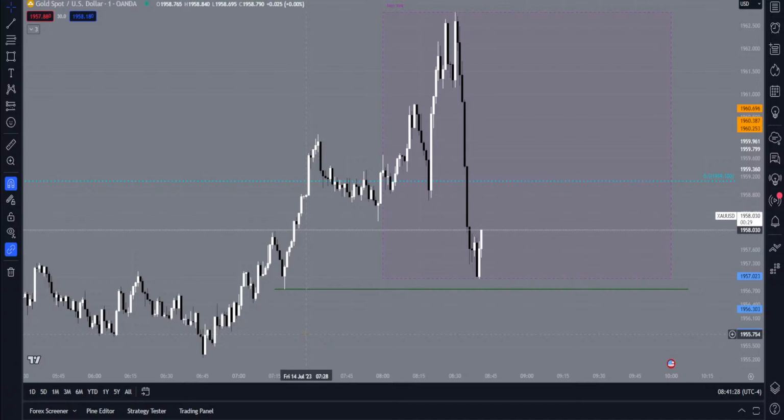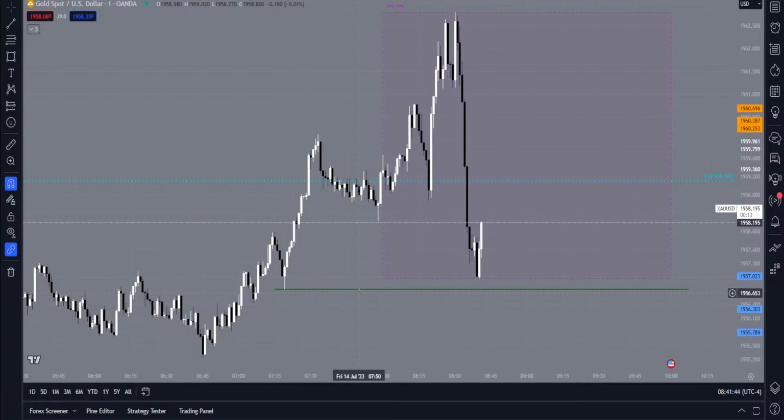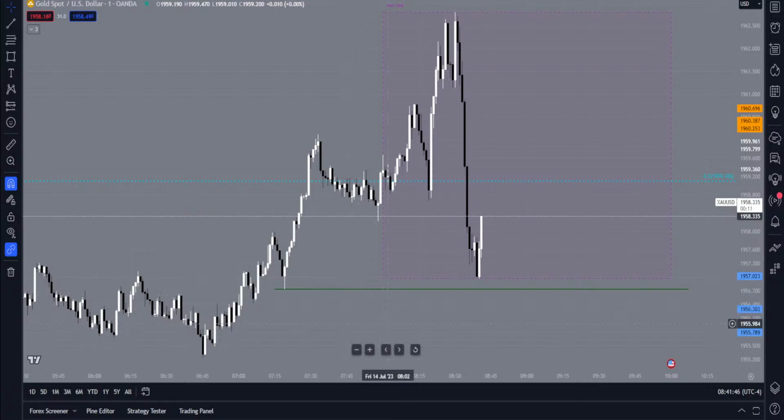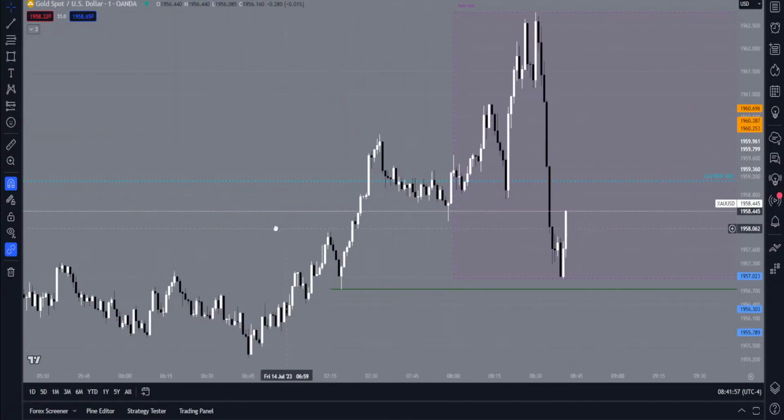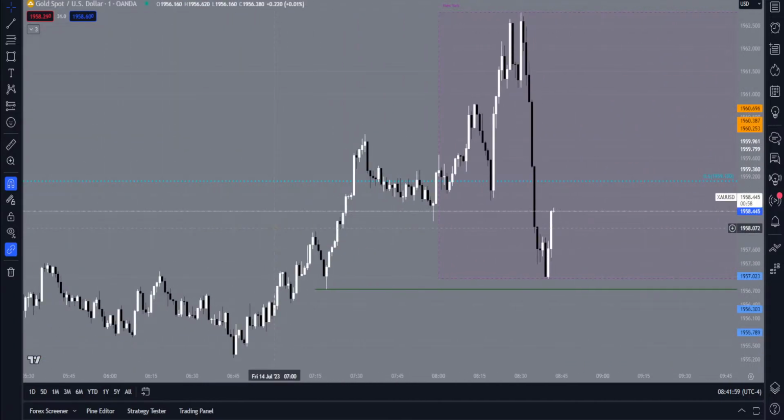So I think it's worth keeping an eye on UJ as well. Sometimes the strategies will have a stagnant period where it may not provide the best optimal results, but that does not necessarily mean that you should stop looking at it. So gold itself, I'm not going to stop looking at it.